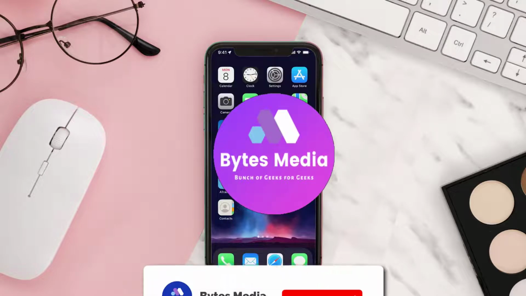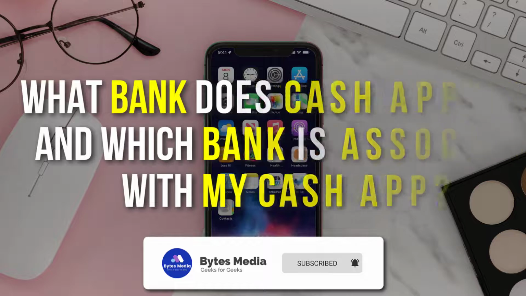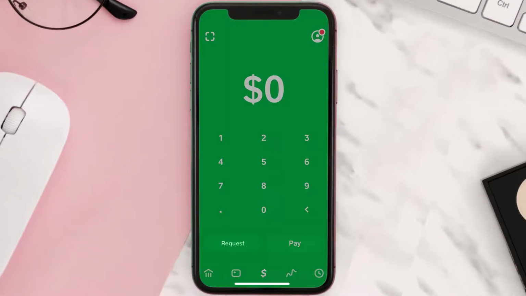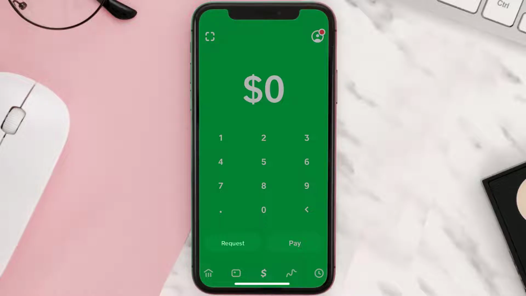If you're wondering, what bank does Cash App use? Then you've come to the right place. Cash App partners with two different banks. One, Lincoln Savings Bank, and the other is Sutton Bank. Now that you know Cash App works with two different banks, you probably want to know which one is associated